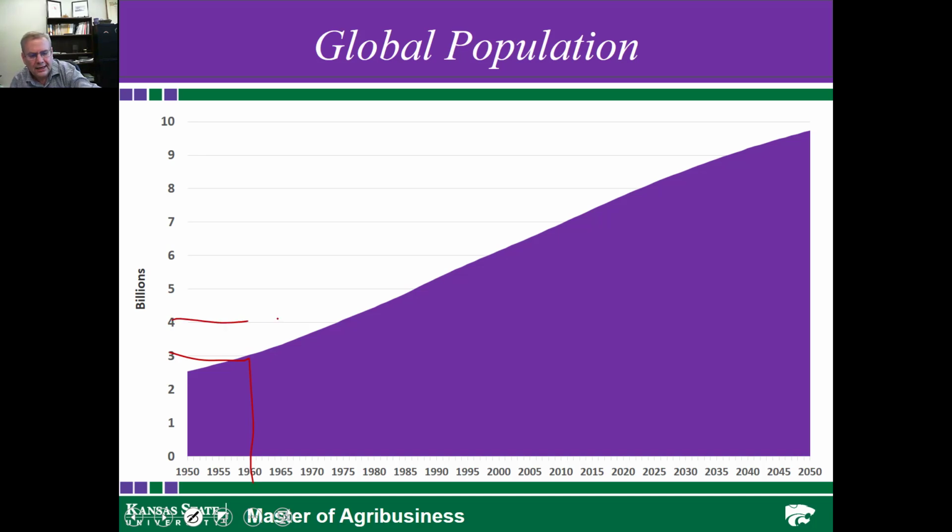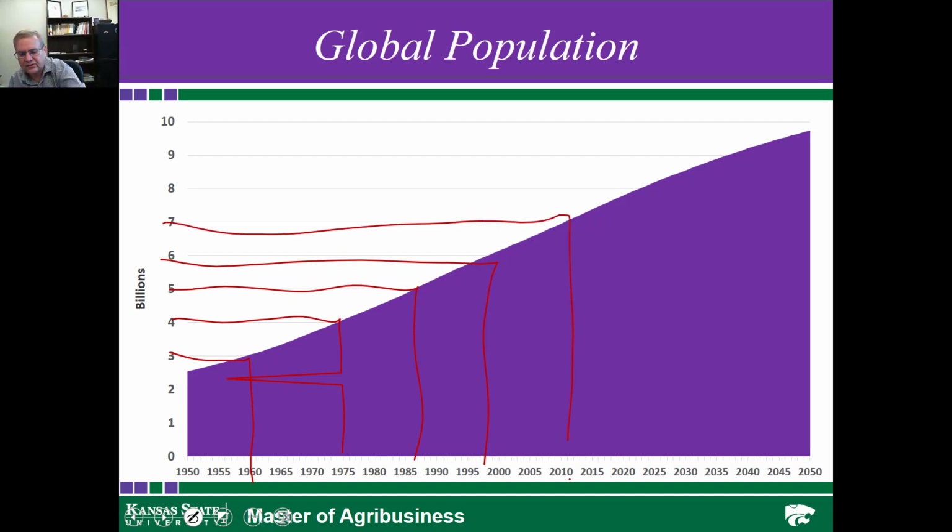And then if you look at how quickly we added that, by about 1975, roughly 15 years, we moved to 4 billion. Basically, by 1986, 1987, about 12 years, we hit the 5 billion. In terms of where we are, essentially, about 1997, 1998, we hit the 6 billion. In terms of 7 billion, essentially, we hit about 2012.